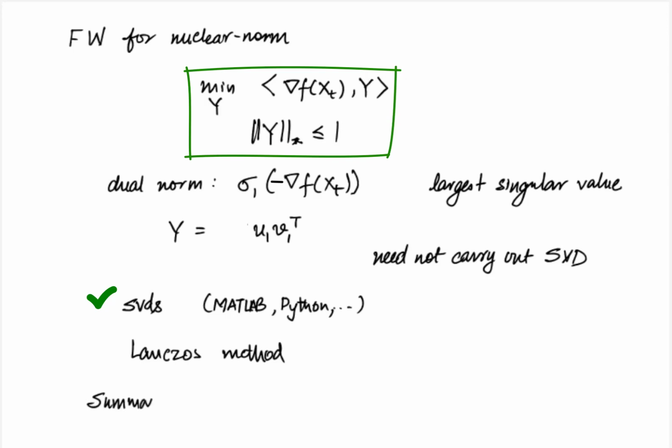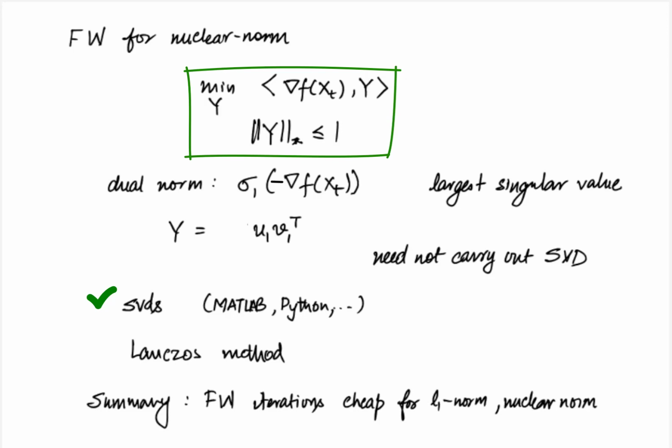In summary, we have seen that as compared to projected gradient descent, the Frank-Wolfe iterations are particularly cheap when the constraint involves either an L1 norm ball or a nuclear norm ball. These types of constraints are in fact very common because they arise routinely in compressive sensing and matrix completion problems. There are other applications as well where the Frank-Wolfe method is useful. For instance, submodular optimization involving discrete constraints has also been studied, where although the problem is non-convex, Frank-Wolfe iterations help us get to an approximate solution very quickly.